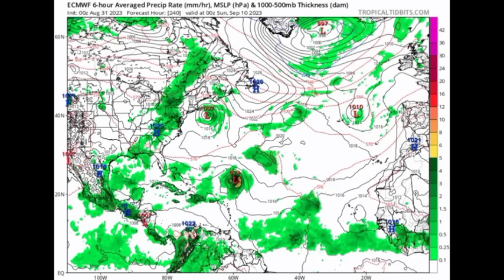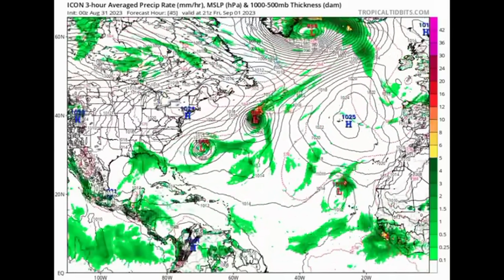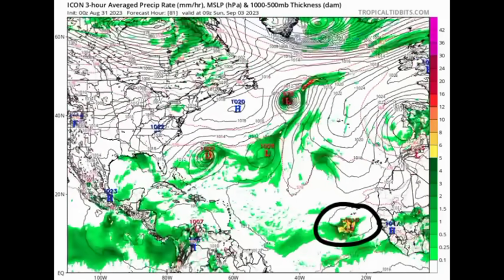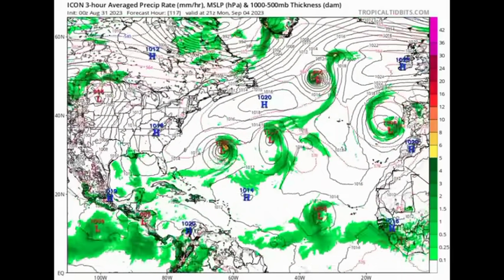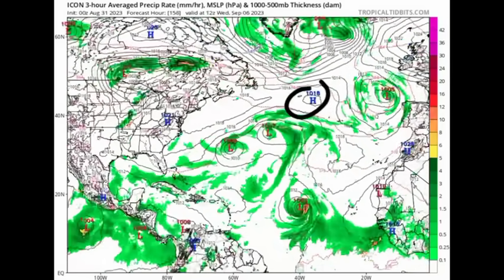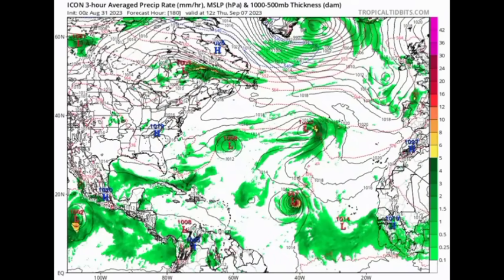And then finally we have the Icon model. Again, we see all these models consistent about seeing some development of 94L, and then there's that tropical wave moving off Africa as we head into the early part of next week, continuing to the west, but then slowing down. There's that high pressure system, so it has that opportunity to move around it, so it's going to take it. So similarly taking on a track more to the north. So that is what our three models are showing, guys,